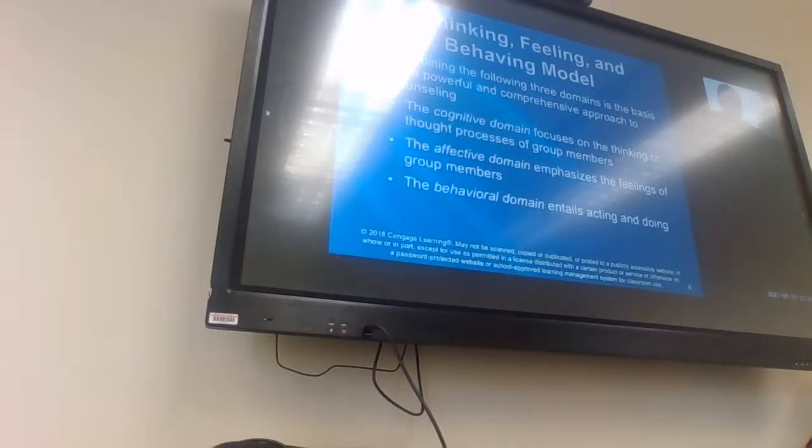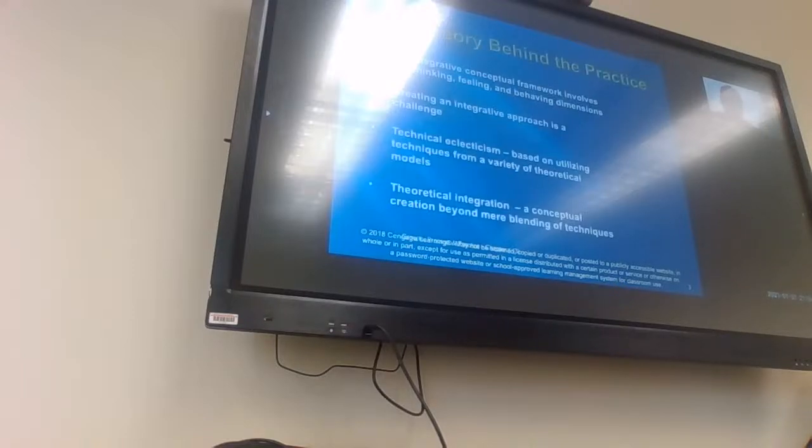So that's going to create some conflict or tension, which is going to require some resolution. And in therapy, we can use our techniques to tap into that and get people to realign their thoughts, emotions, and beliefs. So I already said this, but just as a reminder, an integrative conceptual approach includes the 3 domains